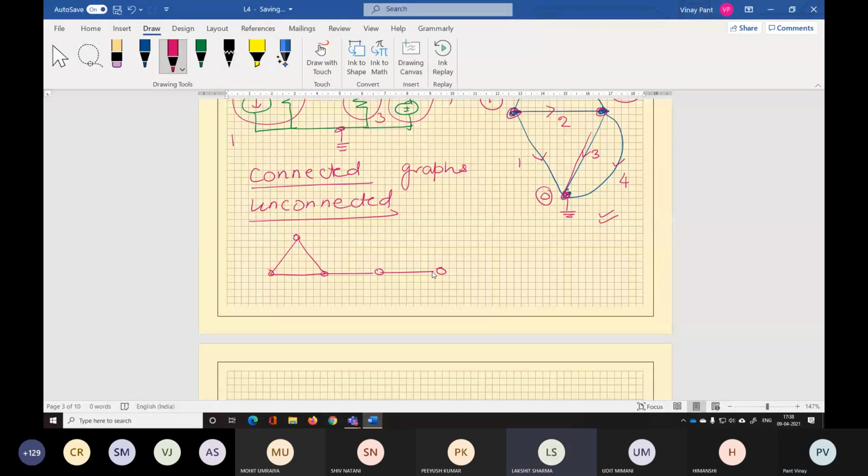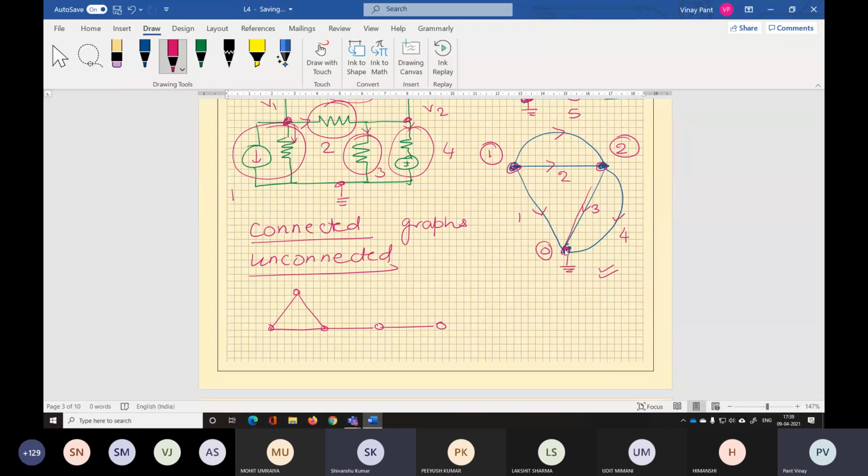Unconnected. Sir, in the previous graph, how is node 1 accessible from node 0? You can move from here to here. But the direction is given. You're not worrying about the direction. There is a path available, right? A path is available, so we can move along that path. An element is connected from 0 to 1, so I can traverse from 0 to 1. So it's mainly about the connectivity of the element between the nodes. If two nodes are connected by an element, then these two nodes are connected nodes.